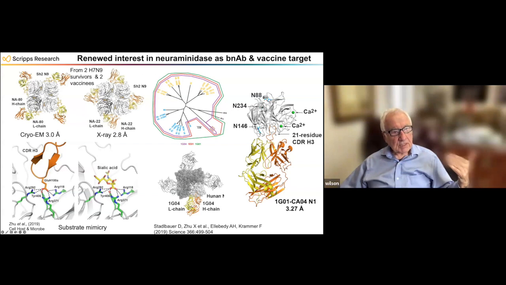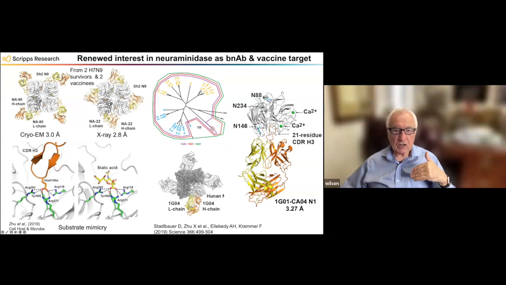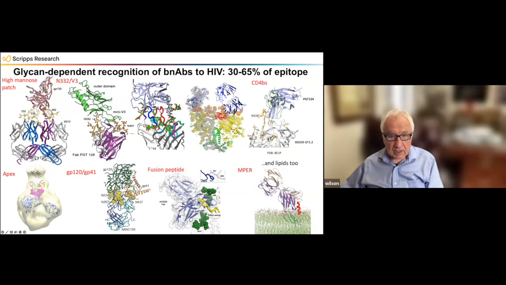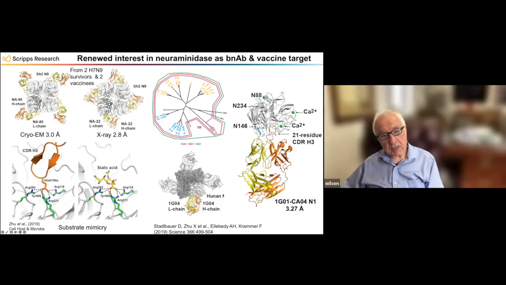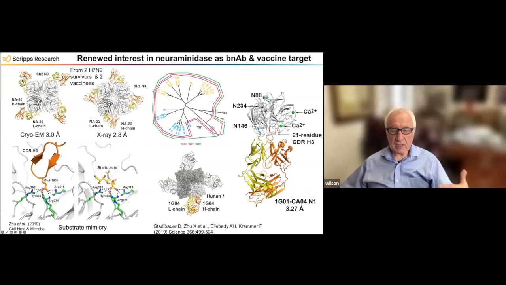These antibodies were specific for H7N9, one particular subtype. Ali and Florian pulled out antibodies which had remarkable breadth, and they pulled out one antibody that could basically neutralize all of influenza A and influenza B. Again, it threw this long CDR loop into the binding site. So this has come to the forefront again as a possible target, not only having hemagglutinin in the vaccine, but also neuraminidase, to try to get more potent and universal vaccines.